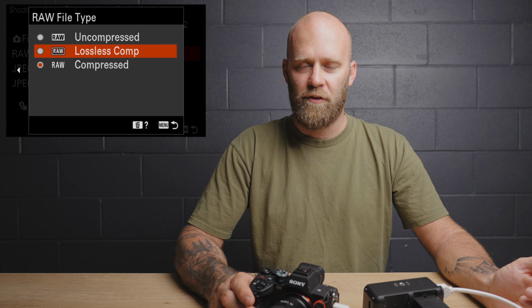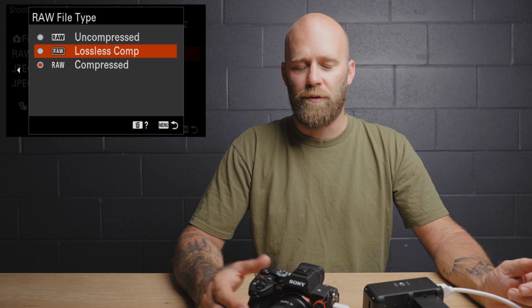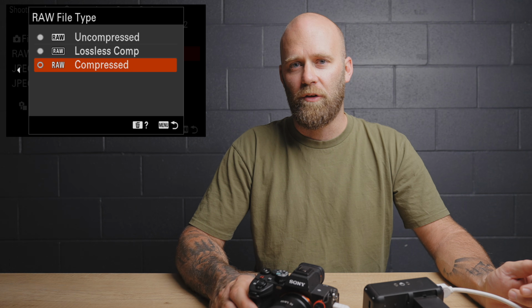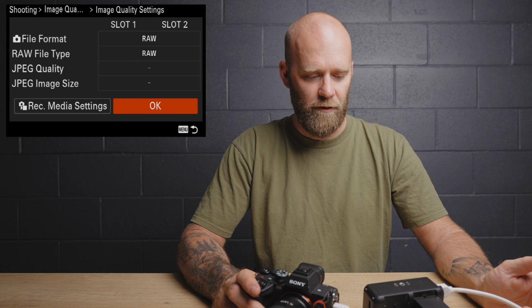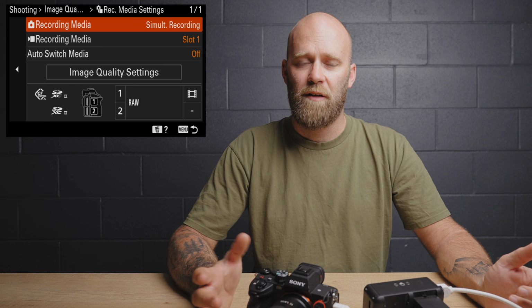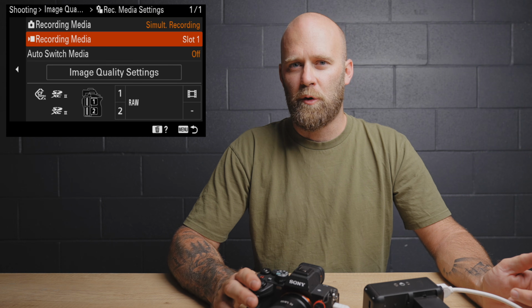Up to you, lossless or compressed or uncompressed. It really depends, but there's very little difference in image quality, and I'm shooting in compressed RAW. I'm shooting compressed RAW to both slots as well, so if you go down to record media settings, obviously I have it set up to simultaneous recording and photo, and at the moment I just have it recording to one